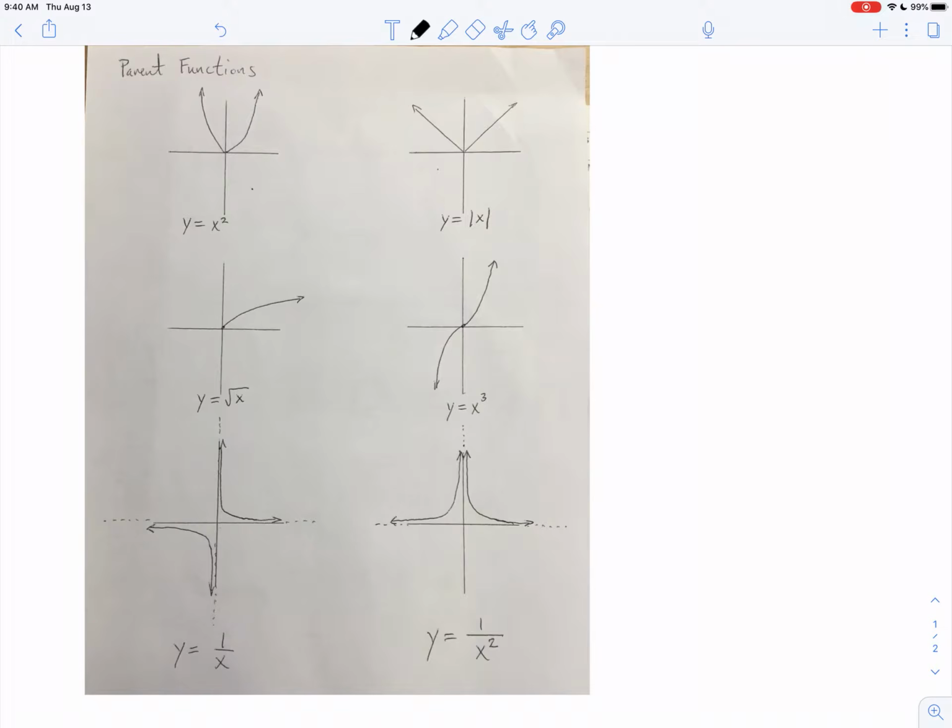Then I have a root graph, a third power, and then down at the bottom I have something called rational graphs, and I hear a trash truck in the background. Please ignore that. Anyway,